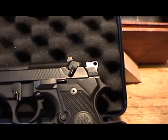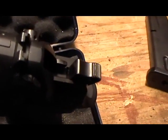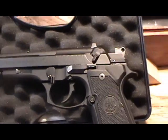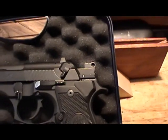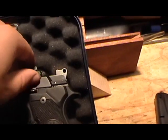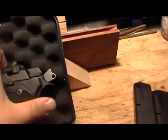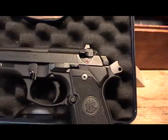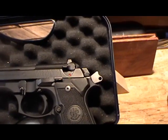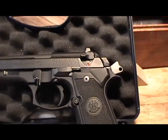I guess it doesn't really matter. I don't like the hammer to hit against the frame here. So what I'll do is I will release the slide slowly and then use my thumb to bring the hammer down. Or else it can be left like this and it will remain cocked. And it would be just like that. But at any rate, I prefer to drop the hammer so it's not sitting back there,